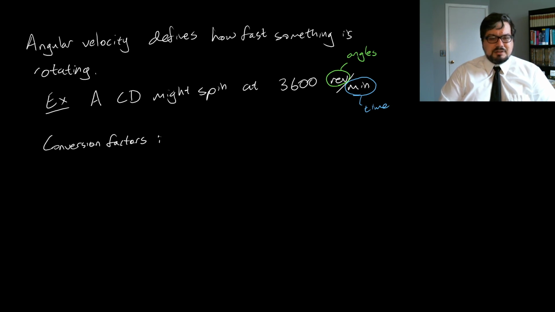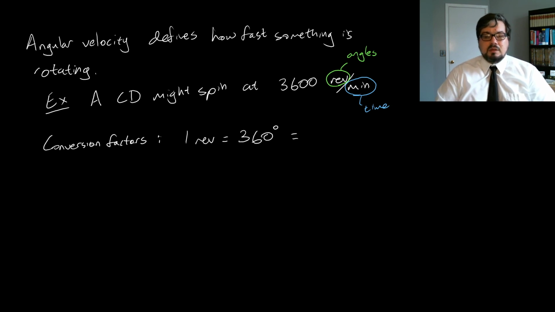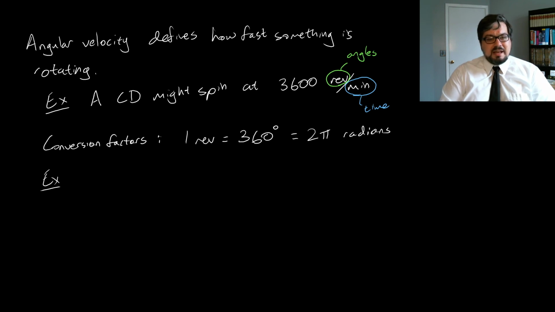So our conversion factors are that 1 revolution is equal to 360 degrees, and that's equal to 2 pi radians. So using these factors, we can convert any angular velocity in terms of one of these types of angle measurements into the others. So, for example, the CD above